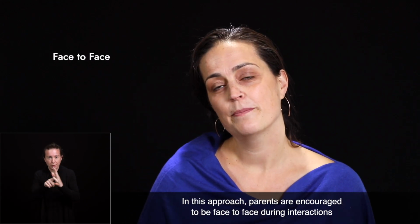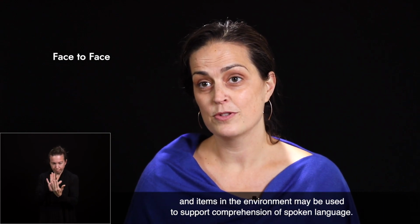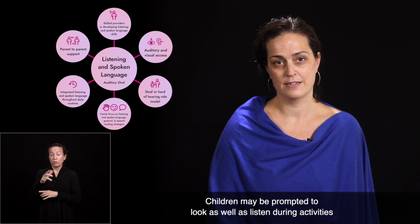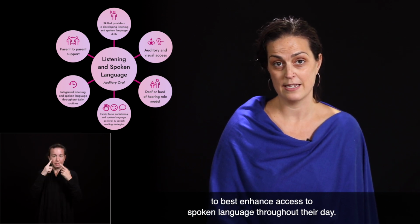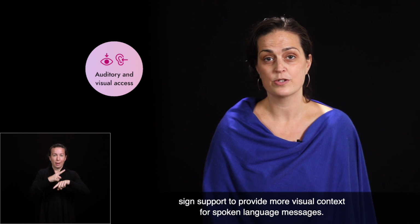In this approach, parents are encouraged to be face-to-face during interactions, and items in the environment may be used to support comprehension of spoken language. Children may be prompted to look as well as listen during activities to best enhance access to spoken language throughout their day. Some families using an auditory oral approach also use some sign support to provide more visual context for